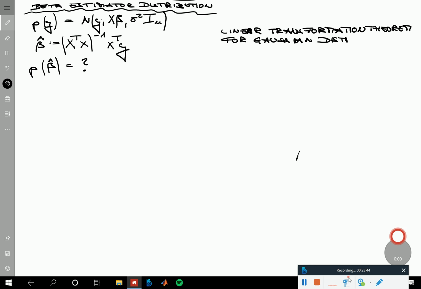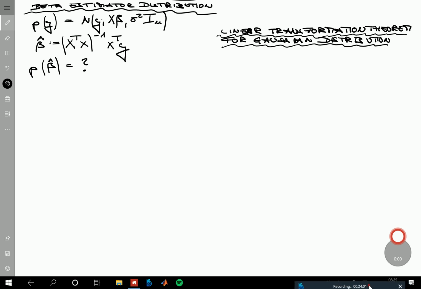Which is a mathematical result, and of course, like with all mathematical results, it follows from some definitions, but how it follows, that's then a question of proving, and we will not prove this, but we will use the result. So what is the result? The result is, if we have a random vector x, which is distributed according to a multivariate normal distribution with expectation parameter mu x and